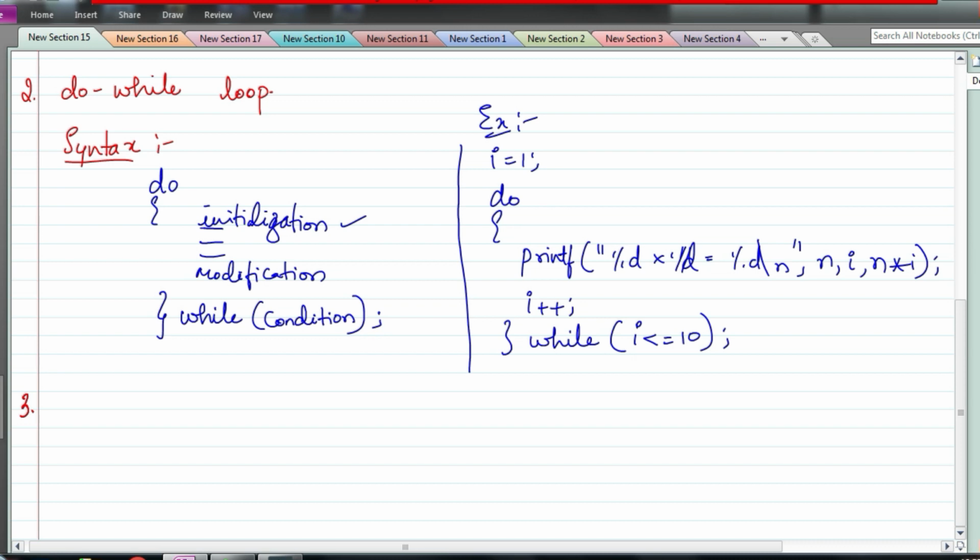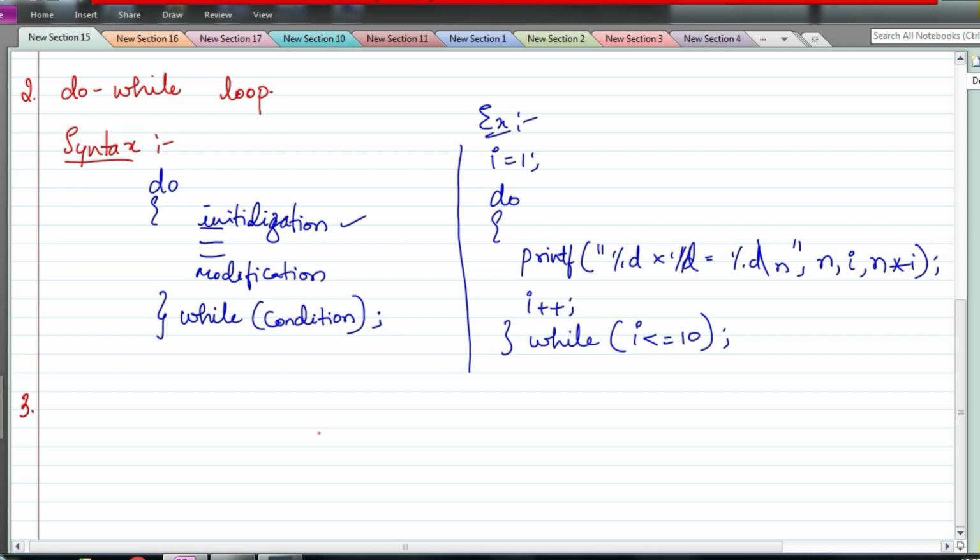So far in all my classes, I have been using this do while loop only for data structure programs, where I have a menu based program execution. I'm going to execute the program, there will be a menu, then I'll choose the option. According to the option I choose, I will be asked for certain inputs. So in such cases, it is a must to use a do while loop.